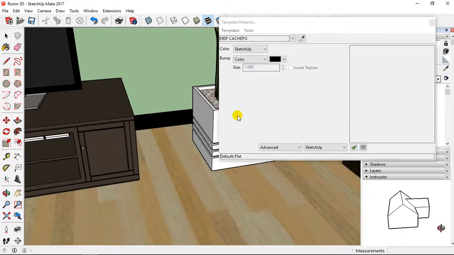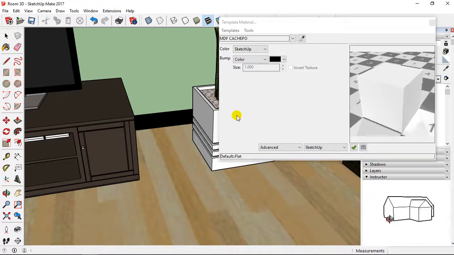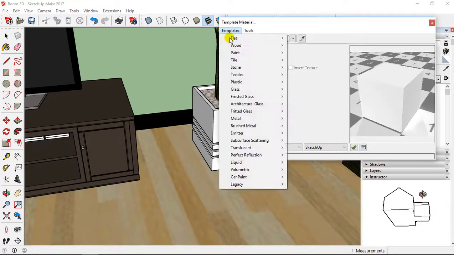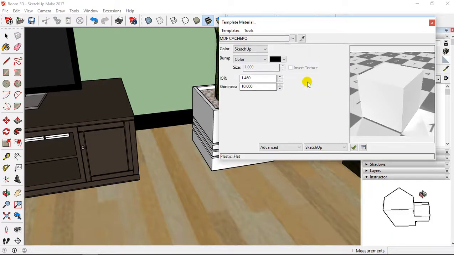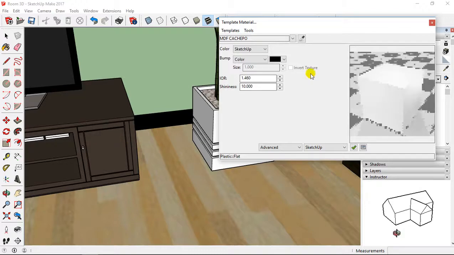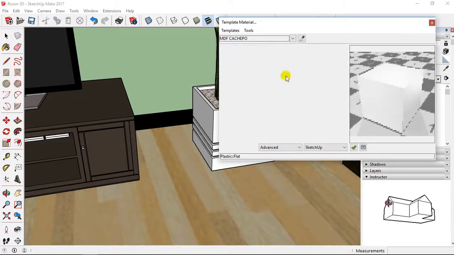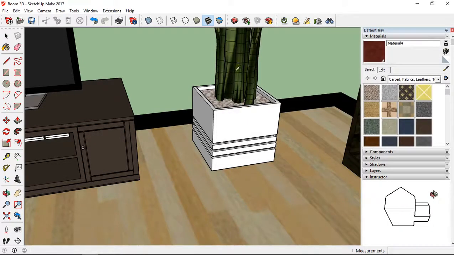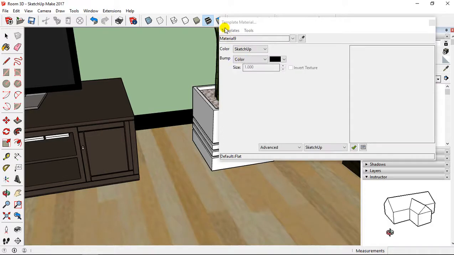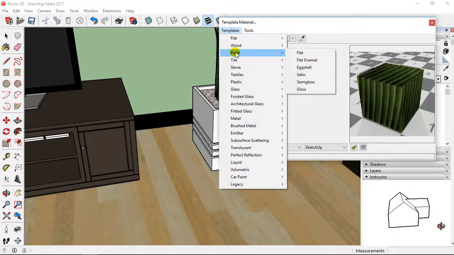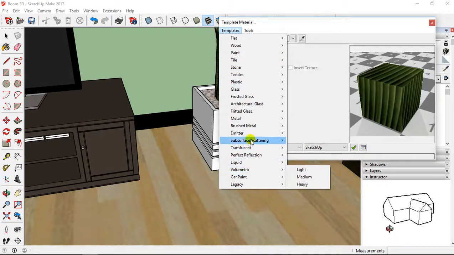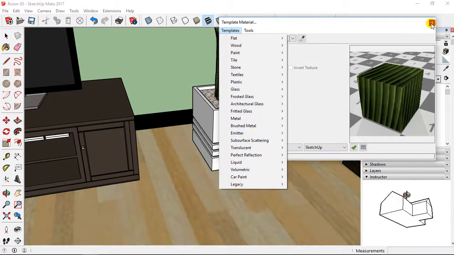So as you can see here, I'm doing this for every material. Here, for example, for the pot, I can select also plastic and flat. Or here for the plant, you don't have special templates for a plant, so I think I'm going to leave this like that.